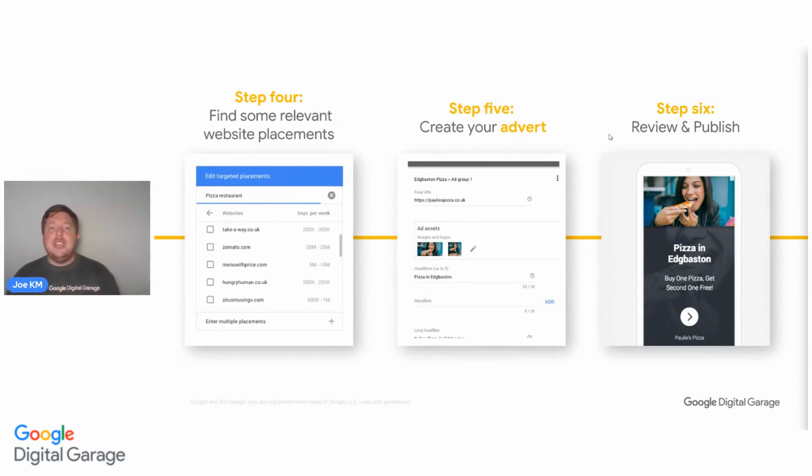Once you've done that, create your advert. The most important thing here is the copy and the images. So if you think that image is persuasive and that's perfect for students, and I'd say it's not far off, that's a young individual who's eating a pizza, smiling. That to me says pizza better for a student than the last one.